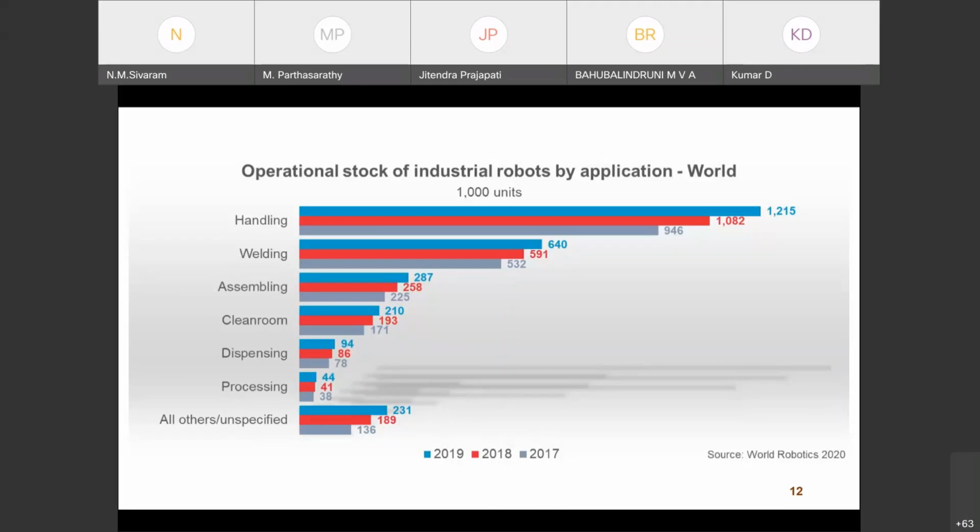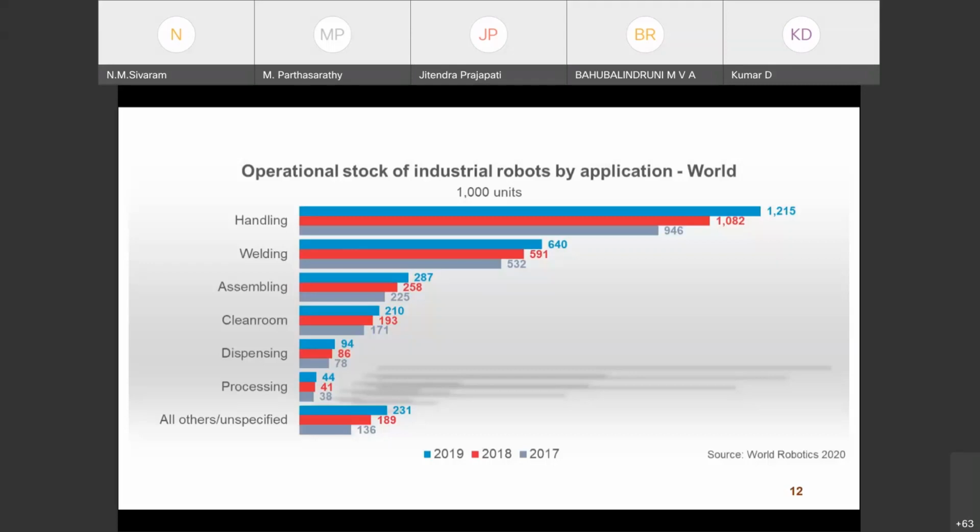Similarly, welding robots, because welding is a very hazardous operation. It involves the generation of fumes. These fumes are very, very hazardous to human health. If you inhale them, they are carcinogenic in nature. Carcinogenic in nature means the welding fumes can lead to cancer. So in order to avoid human interaction, more and more robots are being installed in